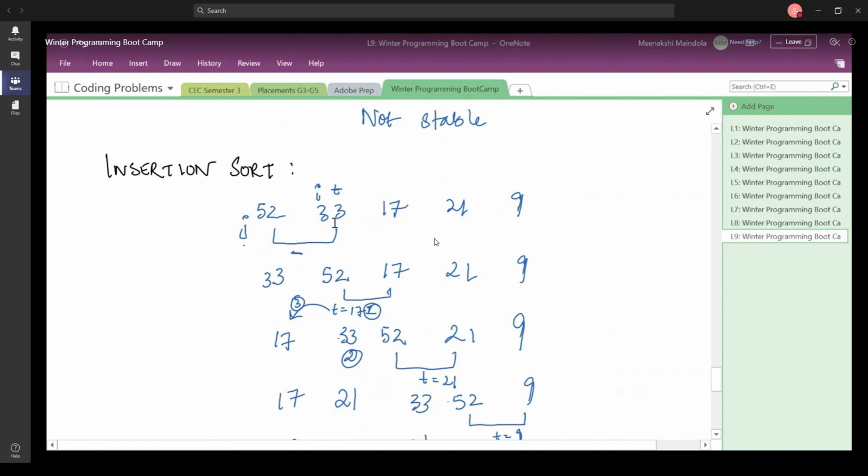So first when you compare 33 and 52 and find out that 33 is smaller than 52, you keep 33 in the temporary variable and first store a of j at its correct position, which is at position j plus 1.